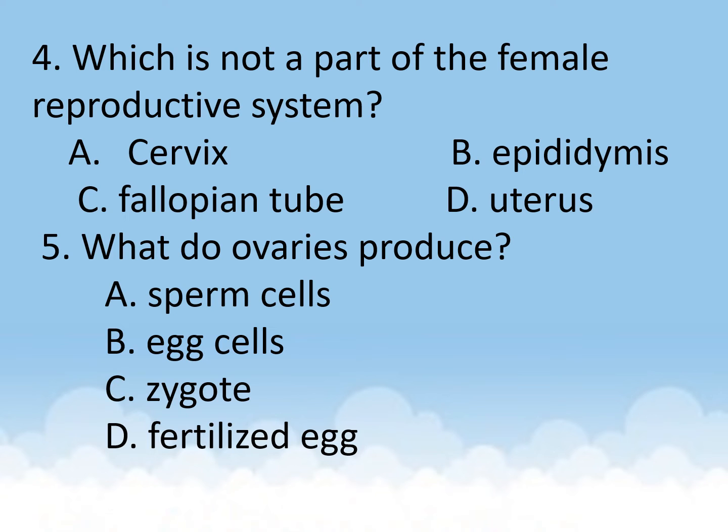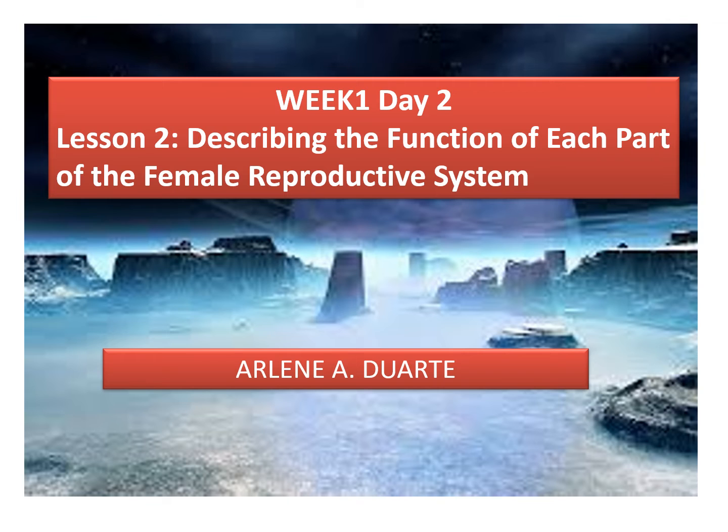Number 4, which is not part of the female reproductive system? A, cervix. C, fallopian tubes. D, epididymis. D, uterus. Number 5, what do ovaries produce? A, sperm cell. B, egg cell. C, zygote. D, fertilized egg. Okay,